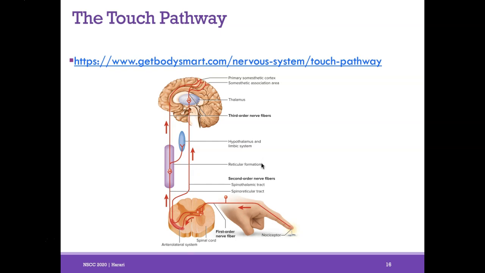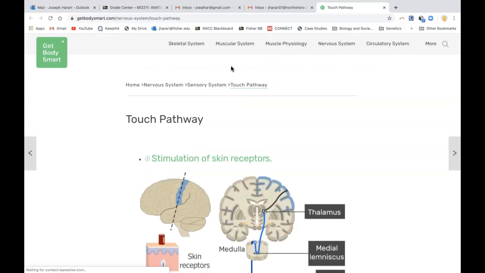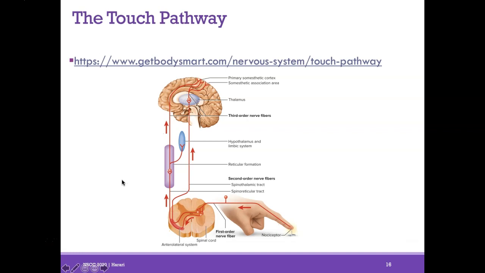I want you to know the basic pathway. How does our brain perceive touch? What's the pathway from a nociceptor to the somatosensory cortex? So the best way to understand that is I really like this link over here. So I would highly recommend, well, you can't see that here. So I'm going to try to